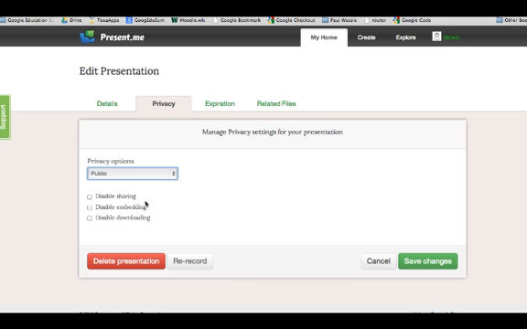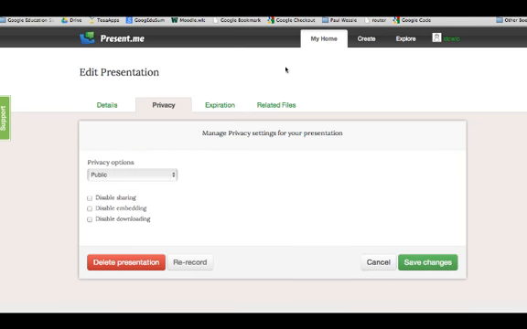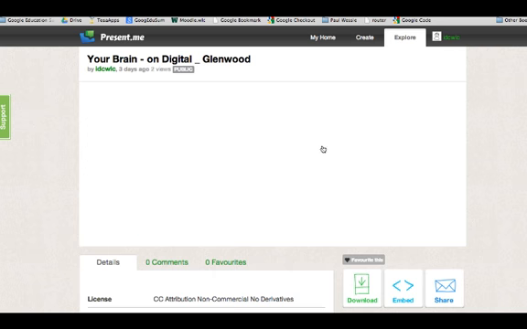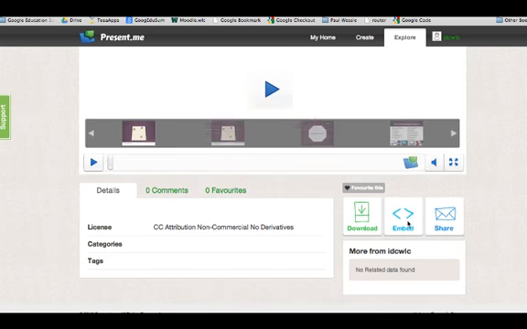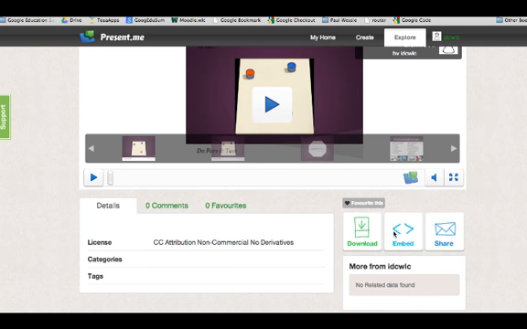Even if you make it public though, you could say, I don't want anyone to be able to download this presentation. That's your preference really, but I'm going to leave all of these unchecked so I can embed, share, and download, and I'm going to hit Save Changes. You save the changes, and you should be able to now go back to your Home tab, and from within here, you can click on that presentation again, and you should notice that your embed button is alive and well and shiny. So you click on the embed button now that is not grayed out, and you